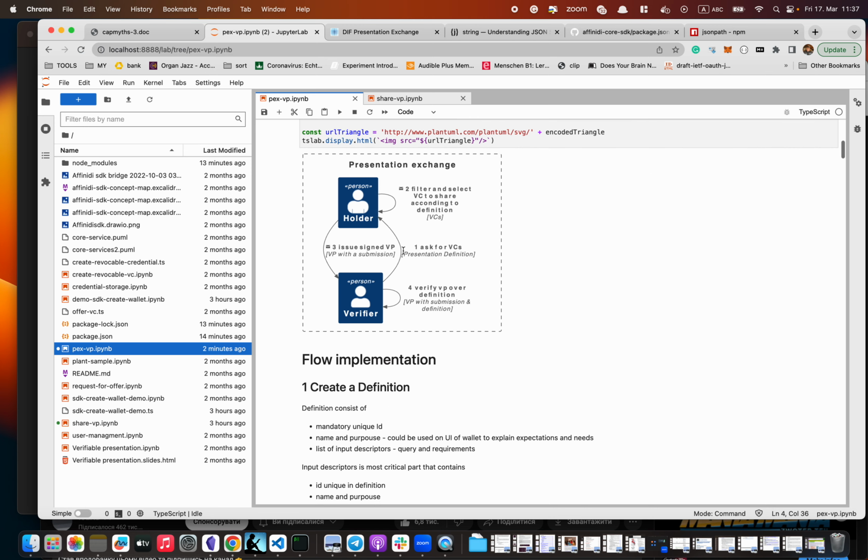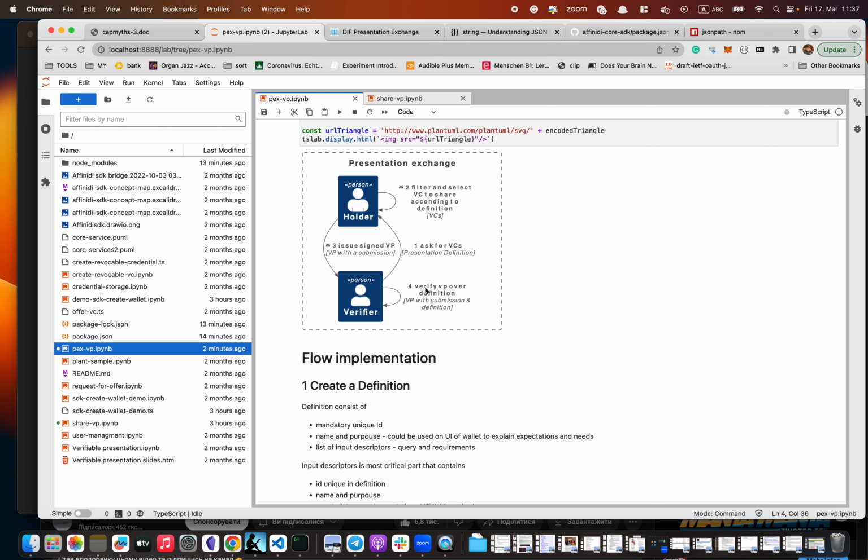So if we take a look at the flow, how the presentation exchange happens. The first step is that the verifier prepares the presentation definition and sends it to the holder. And the holder then will filter all his VCs, and he does not need to share all VCs that satisfy the need. Actually, he could selectively share the part of the VCs that he wants to include in a presentation. And the final step, he will issue the VP to the verifier. So that's the 4 steps. Let's go through every step